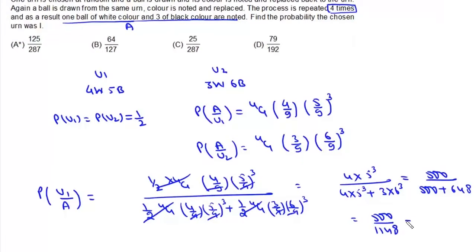And if we simplify this, it comes out to be 125 upon 287. So basically this problem is a mix of binomial probability, because we are replacing the ball every time,